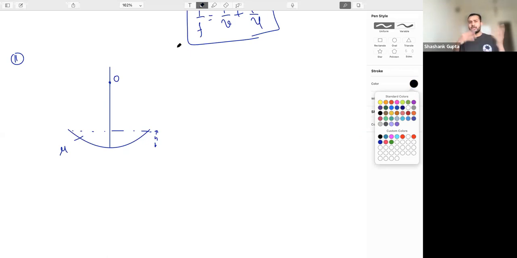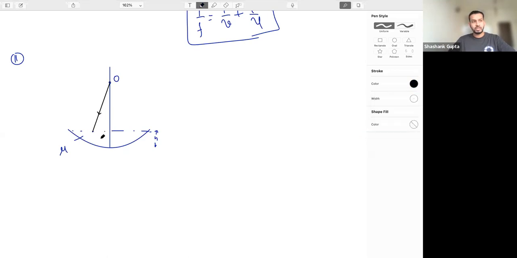Whenever the ray is going through multiple media, could be a slab, could be a refractive index, eventually the ray has to come back. And if the ray is coming back exactly in the same way as it is going, means suppose the ray is coming here, we had studied what? We had studied whenever there is a refraction from the plane surface, the ray bends. The ray bends in two ways, either away from the normal or towards the normal. Depends upon the rarer and the denser medium. In this case, we know it is coming from air and going into water. Every answer has to be in terms of mu.